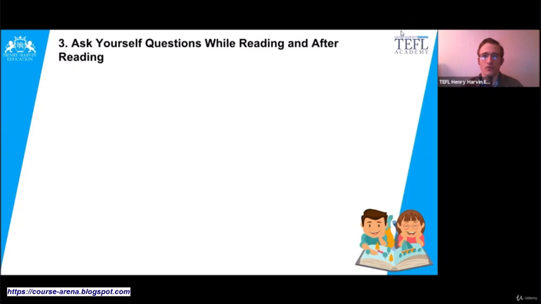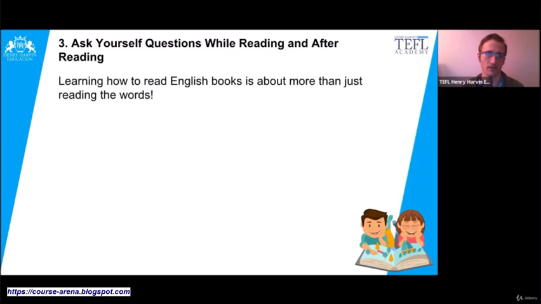So one great way to be engaged with the reading material, or to help your students become more engaged, is to encourage them to ask questions while they're reading and after they're reading. One thing they could do is keep a set of Post-it notes, write the questions down on the Post-it notes and put the Post-it on the area of the text where the question came up. And they can just review the reading and see if they can answer the questions or see if they need to do some further reading or some further thinking to understand the text more.